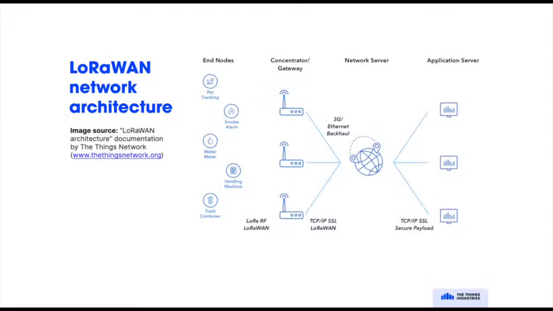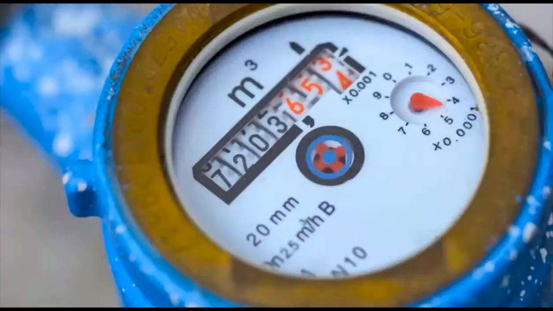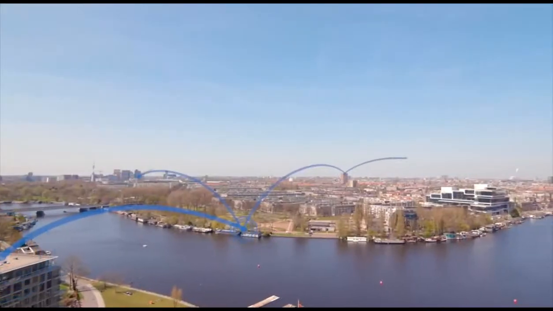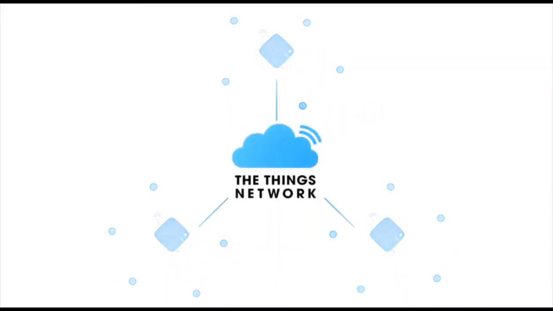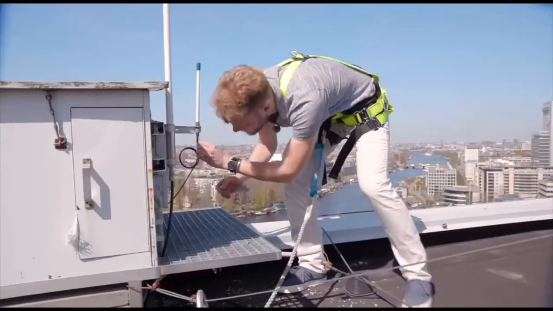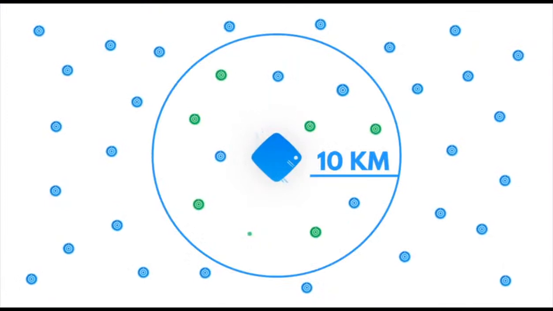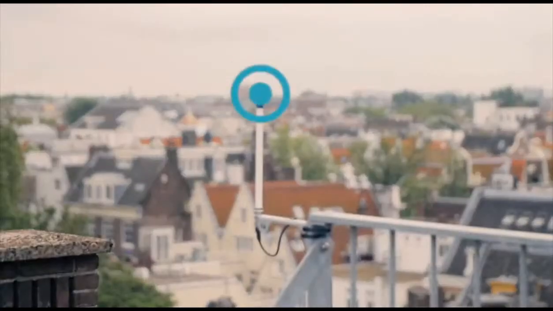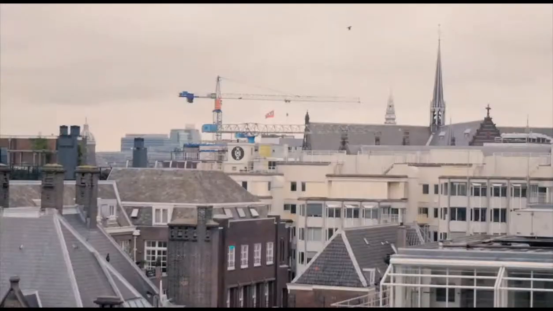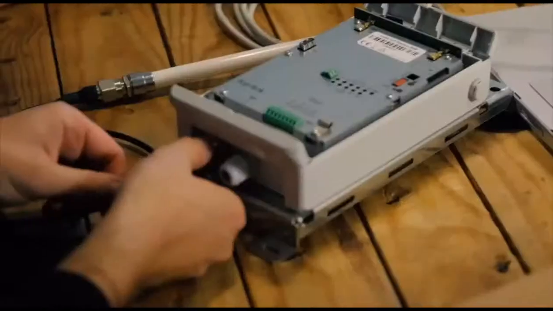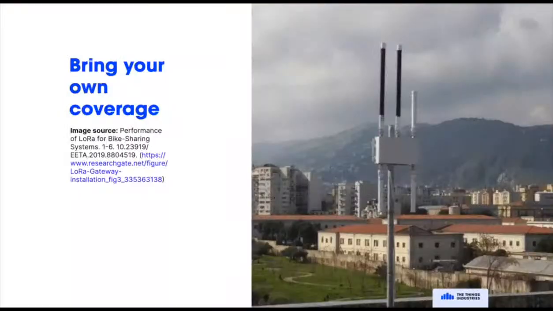Firstly, this is what a LoRaWAN network looks like. End devices communicate wirelessly with gateways. Gateways convert wireless messages into IP LoRaWAN traffic and send it to a network server like the Things stack. Gateways are key here in providing coverage. A single gateway mounted on a high point in an urban area can capably provide 10 kilometers radius of coverage. Gateways are inexpensive and can easily be added and configured to route traffic to a LoRaWAN network, expanding the coverage